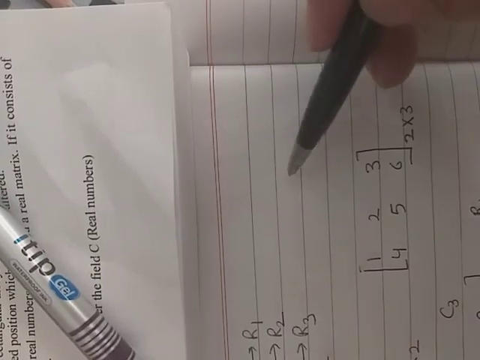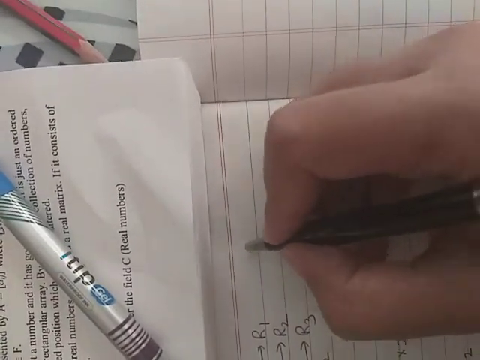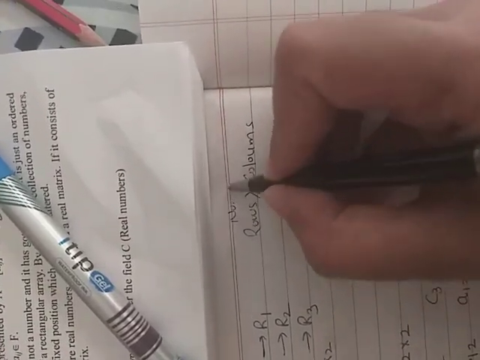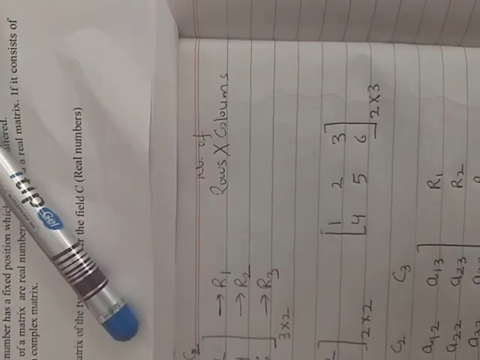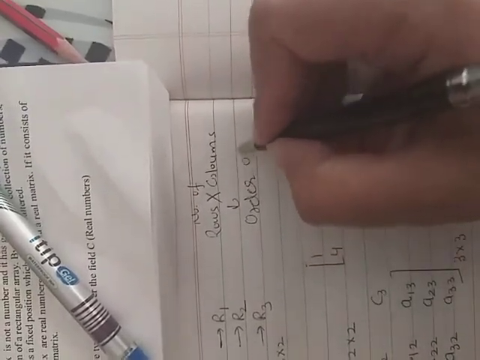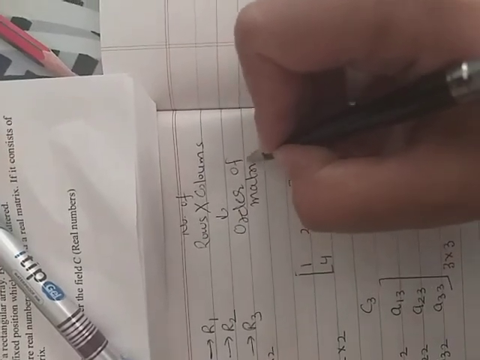Similarly here I have chosen 1 row, second row, so 2 rows and 1 column, second column, third column, so 3 columns. So this is a 2 by 3 matrix. So always number of rows पहले आता है and number of columns बाद में. So number of rows by number of columns gives you the order of the matrix. This is known as order of the matrix.